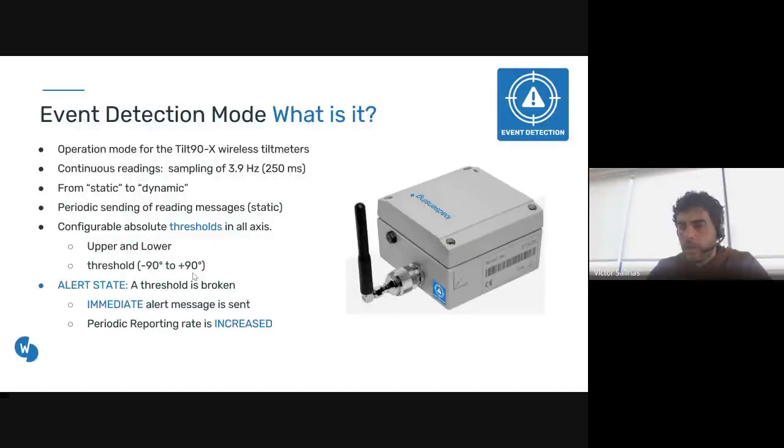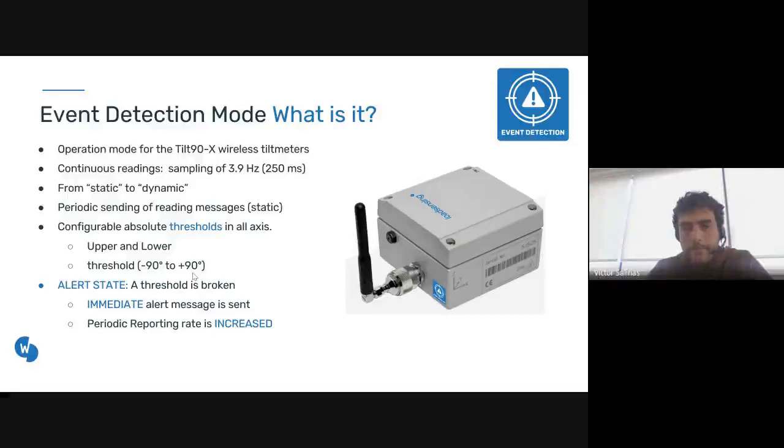So we are continuously looking at the tilt vector. At this point, we can configure thresholds, absolute thresholds in different axes, one upper and one lower, at any range of the scale. So what happens when any sample breaks the threshold? We enter what we call the alert state. What it means is that an immediate alert message is sent,